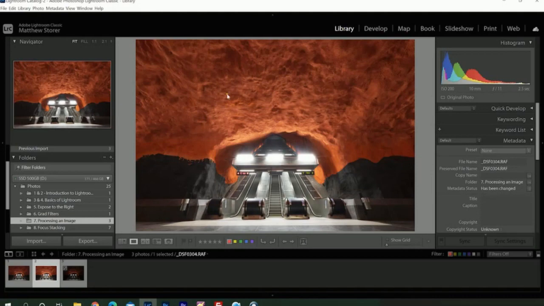In this lesson, I want to show you some professional tips on how to get the best possible results you can from your editing software. If you want to print this image, work for a client, or use it for your portfolio images, here's how to go the extra mile to get the best possible results from your landscape, travel, or nature photography. So in the editing software, we want to make sure we're under the processing and image folder,